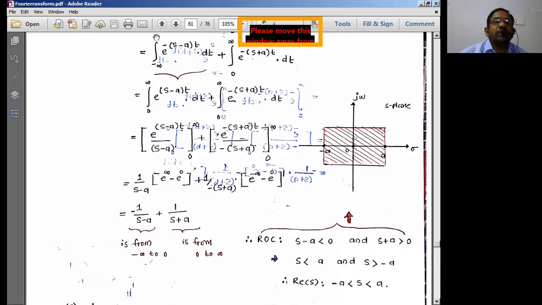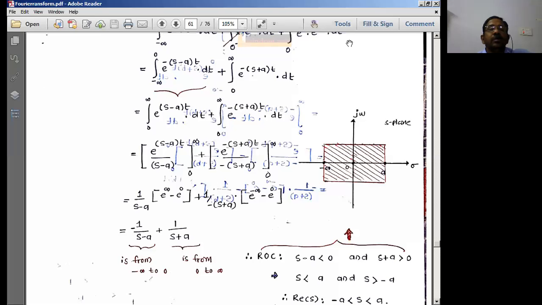E power minus infinity, plus infinity means what? Integration of this is equal to e power minus of s minus a of t by minus of s minus a, and the limit is going to be 0. If you apply, that's going to be 1 minus 1. Here I'll be having minus e power minus infinity. I'll be putting over here minus into minus plus, that's going to be infinity. Now e power infinity is equal to... by solving this equation now, we'll keep it like this only. This is one way of solving.